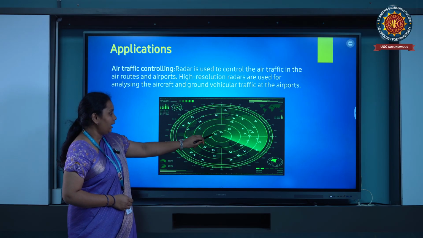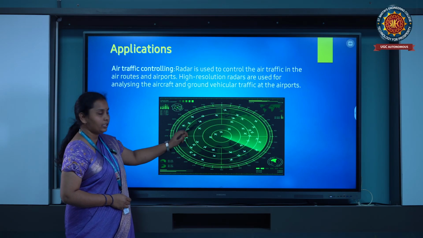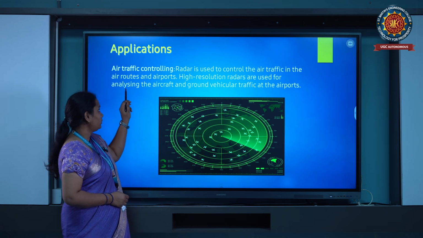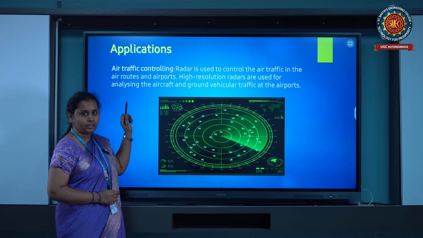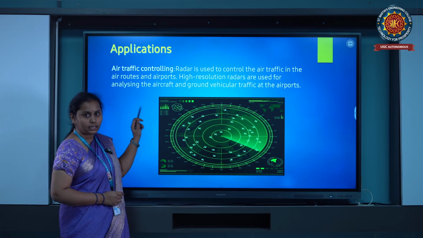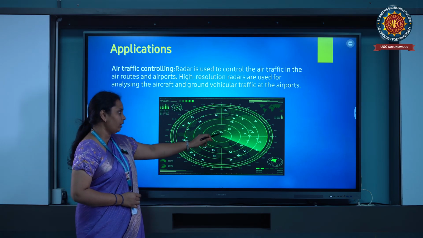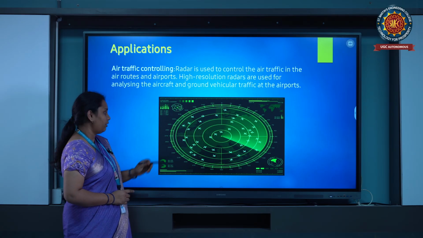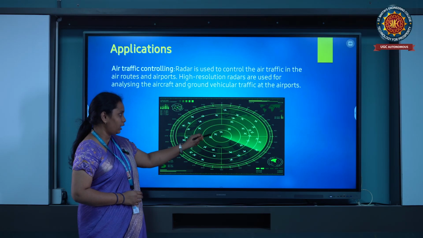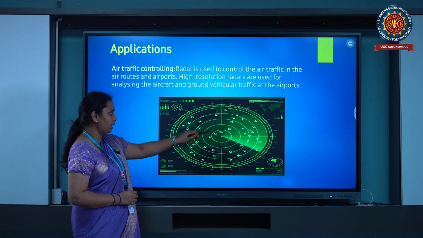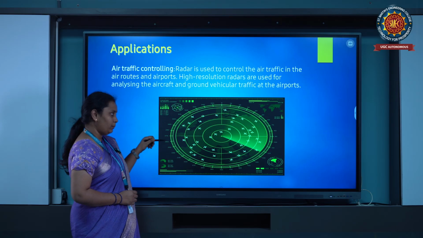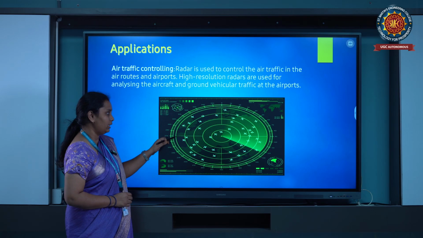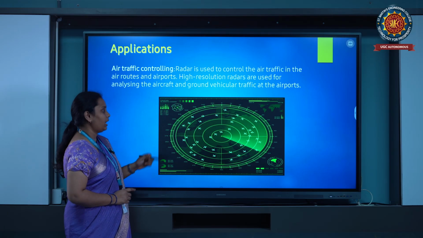Each aeroplane has its own path, which is controlled by air traffic navigation using radars. And we can also see there are no collisions happening in the navigation. There are a lot of aeroplanes having their own paths, without collisions in their navigation.